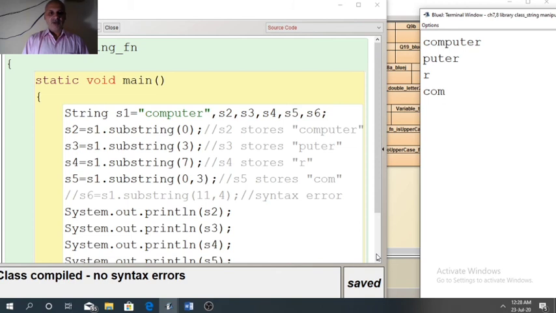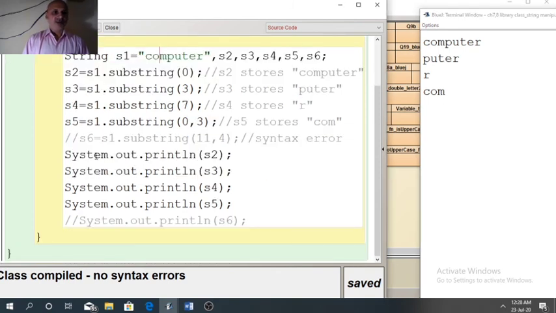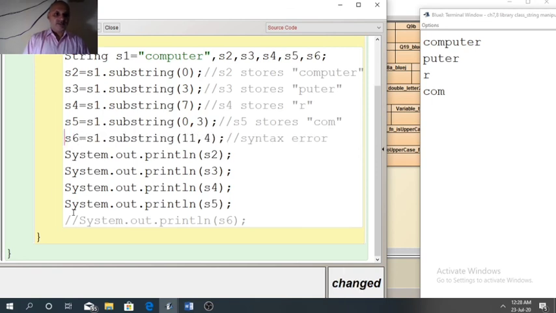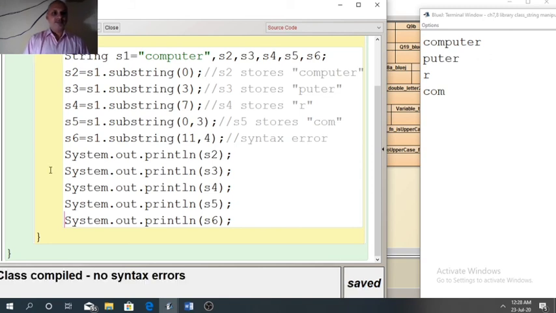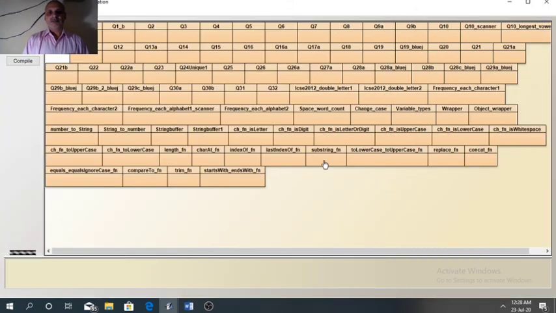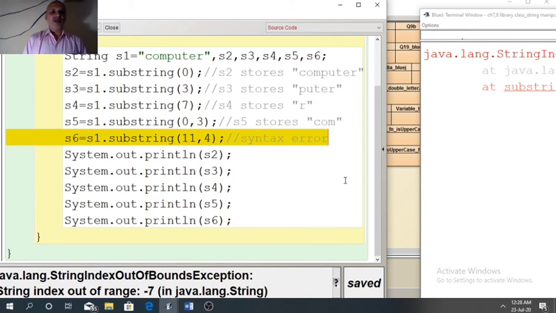Now see about the runtime error. Here I have used a comment. If we remove this, now if you compile it, the program is compiled, but when you run it, now it will give an error. The line is highlighted here.